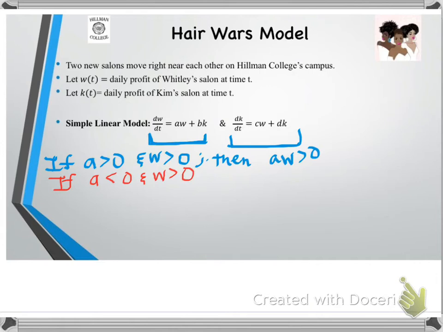Well, what about B? In that same model, what is that B representing? Or how can we analyze that B? All right, so let's think about that. If B is greater than 0 and K is greater than 0, remember that's Kim's profit. Kim is making money when K is greater than 0. So if B is greater than 0 and K is greater than 0, this is also saying that Whitley also benefits, right? Because this is the model